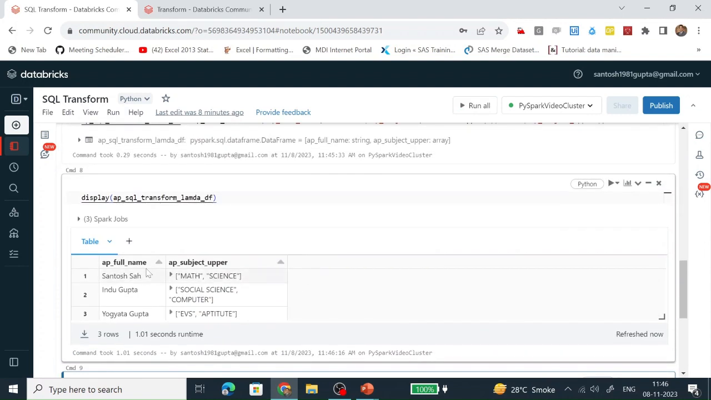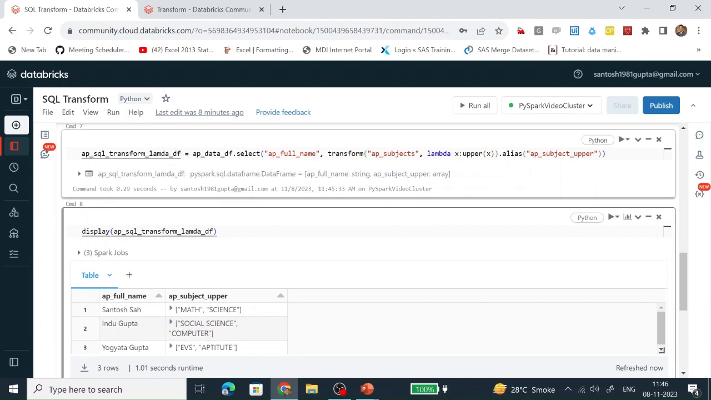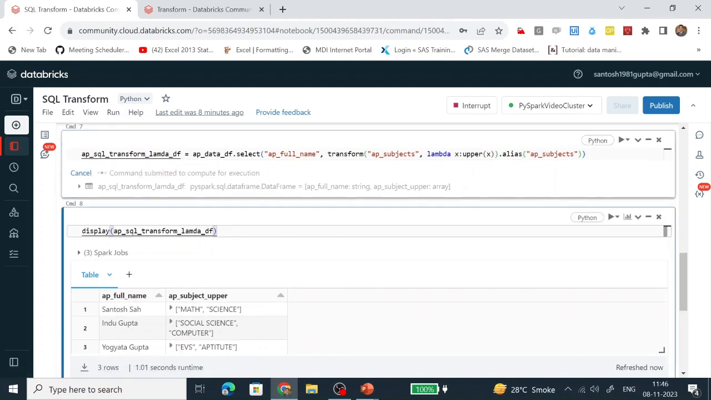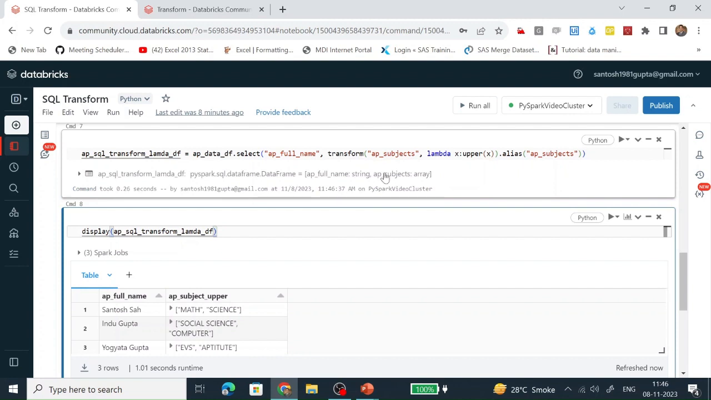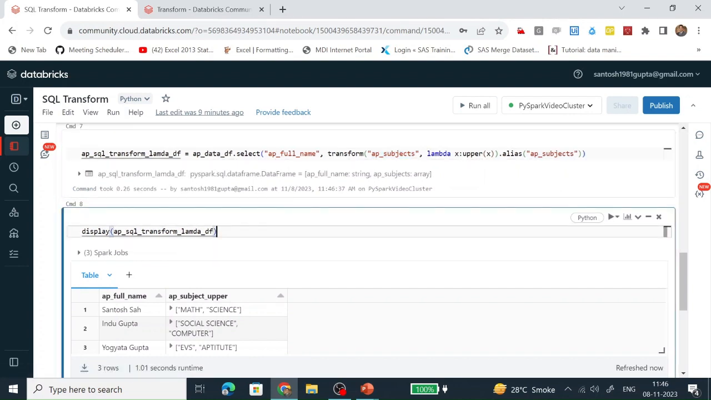We can see this AP subject has now been converted into uppercase. We can see it clearly over here. We can also keep the same name. If you don't want to put a different alias name, we can use whatever the column name was earlier. And if you run it,